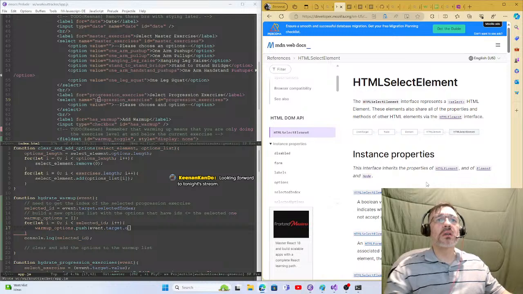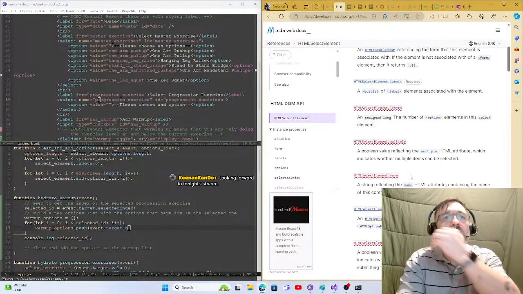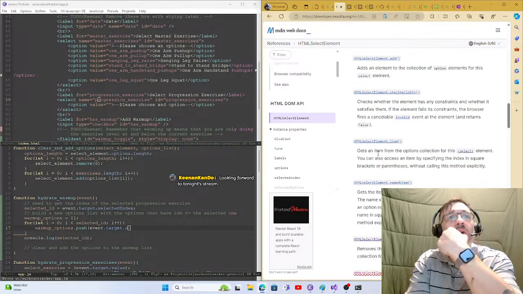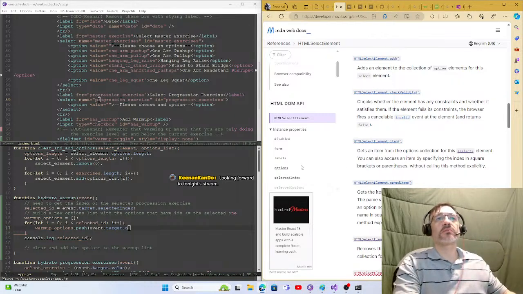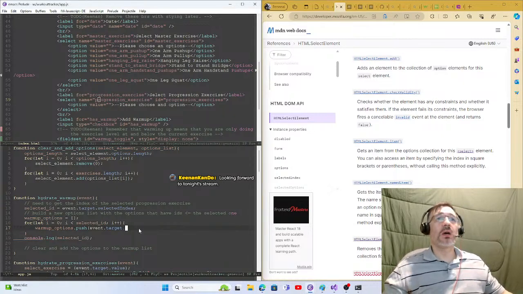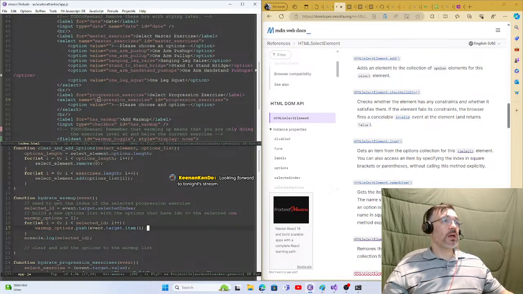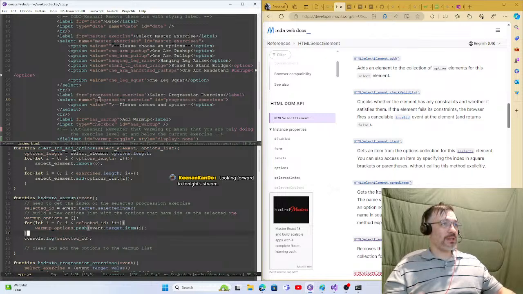I thought there were instance methods. Yeah. Is there get item? There we go. Specifying the index. Yes. Okay. So option dot item, and it would be i, right? Yeah. Okay. Then once we got that,